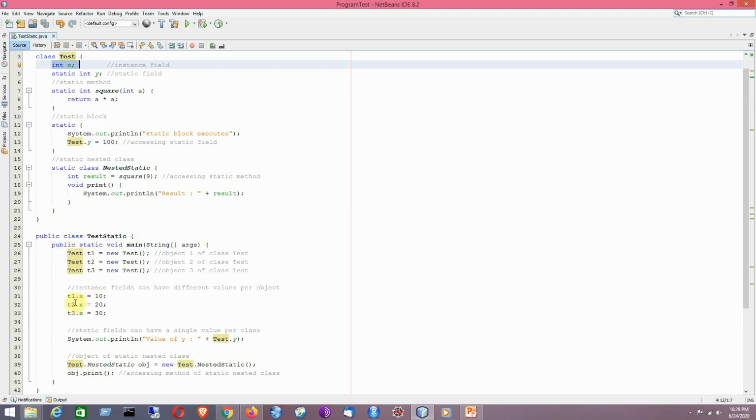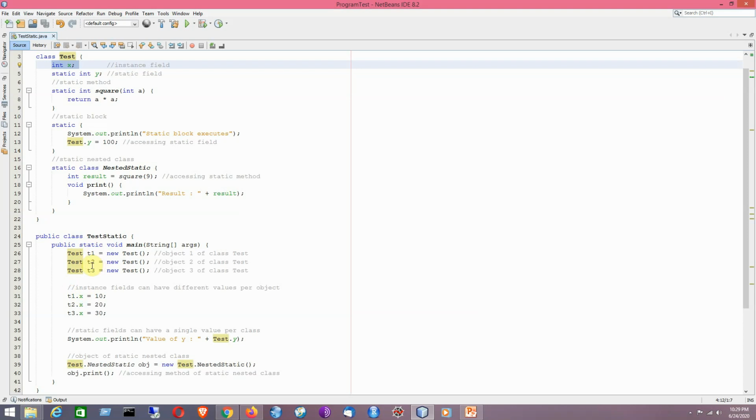If I am having 3 different objects pointed by t1, t2 and t3, that means t1, t2 and t3 are basically object references. If I am writing t1.x, it is a separate copy from that of t2.x. The same thing can be applied to t3.x.